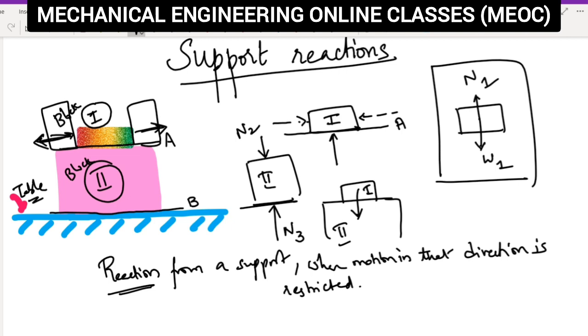Now it is free to move right or left. Block 2 is not restricted on its right or left. So there are no normal reactions because there are no supports. No supports means no restriction. So there we don't have any normal reactions. This is what we have to understand about support reaction, and when there is a support reaction. And if there is a support reaction, in what sense it acts, whether upward, downward, rightward, leftward, inclined or otherwise, must also be understood.